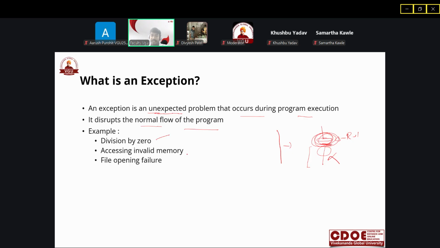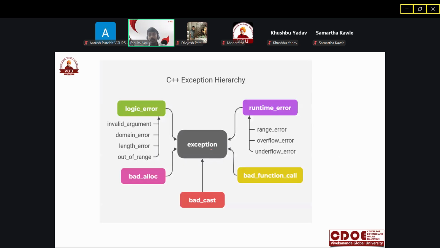We have already seen that example. So how can we handle those kinds of exceptions? Let us discuss one by one what kind of errors we can get at runtime.